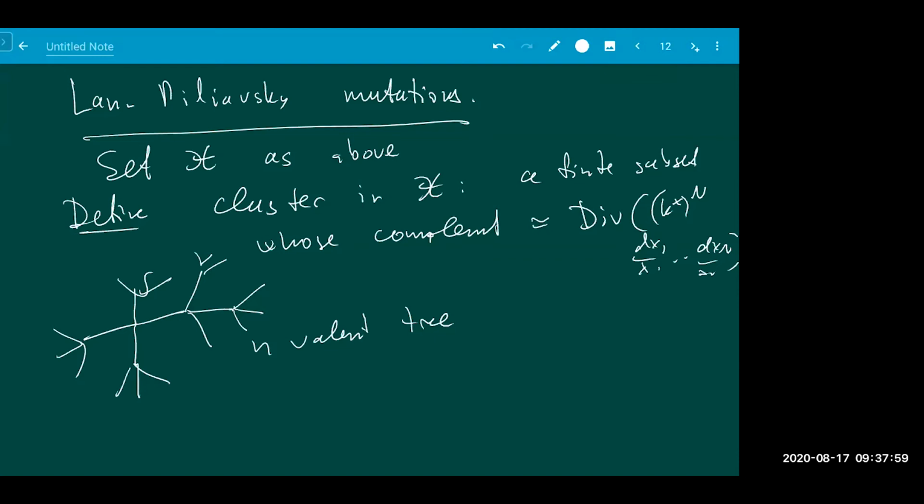Why do you get it in finite type? No, you get not finite type. These things, you see that you get mutation. It is defined on some kind of